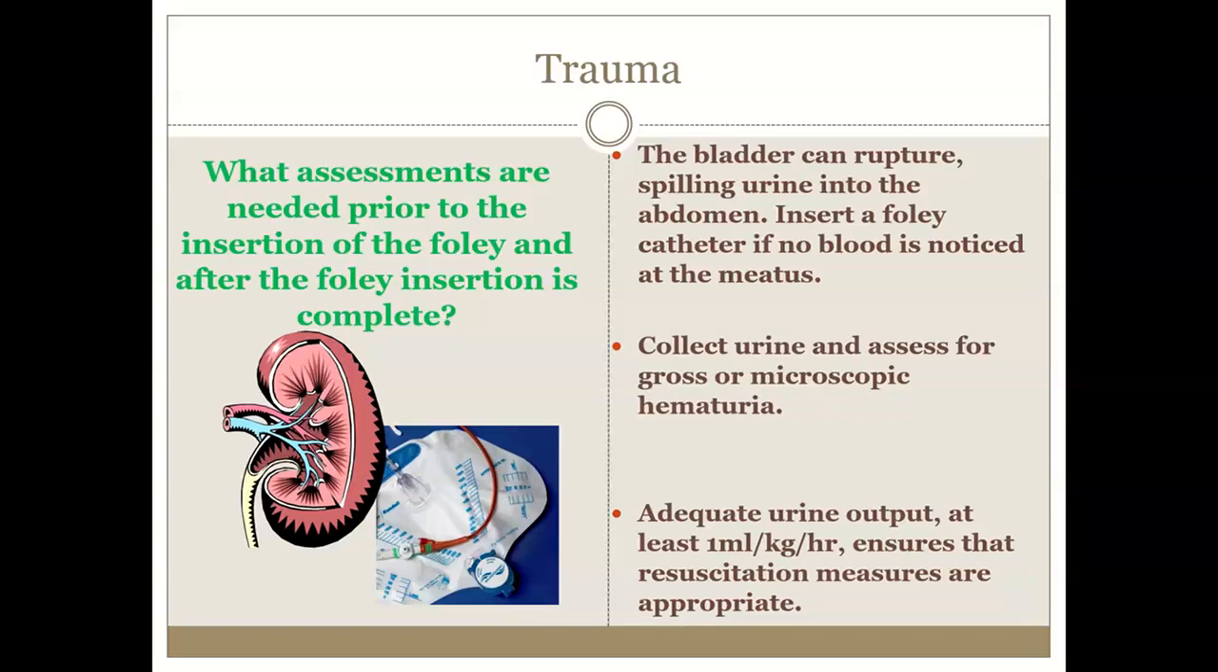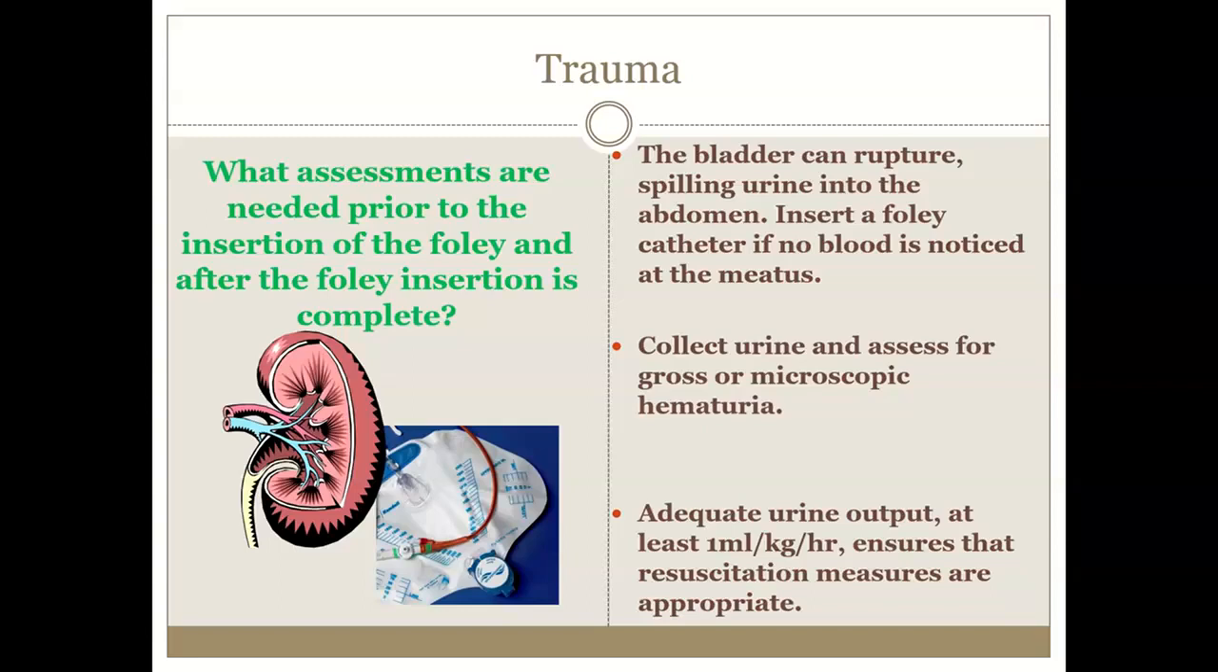And what happens when the bladder pops is urine will be spilled into the abdominal area, and you wouldn't want to insert a Foley catheter in there, at least not in the typical way. We usually will put a suprapubic catheter in. And if, for instance, you had problems with the ureter or the urethra, if those were damaged, then you might